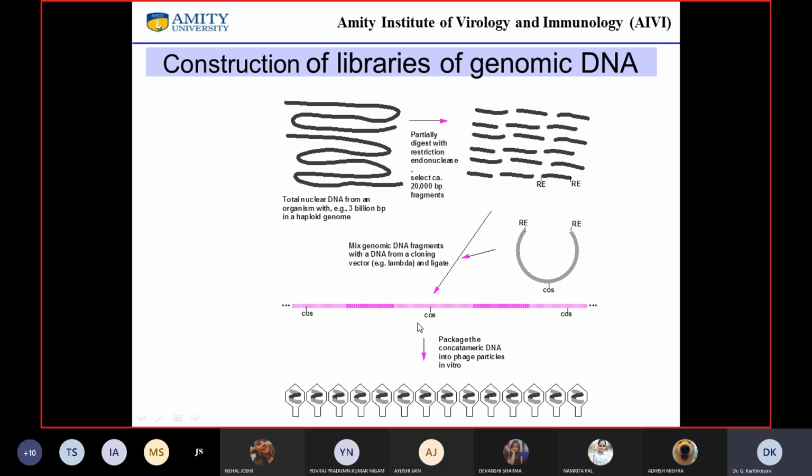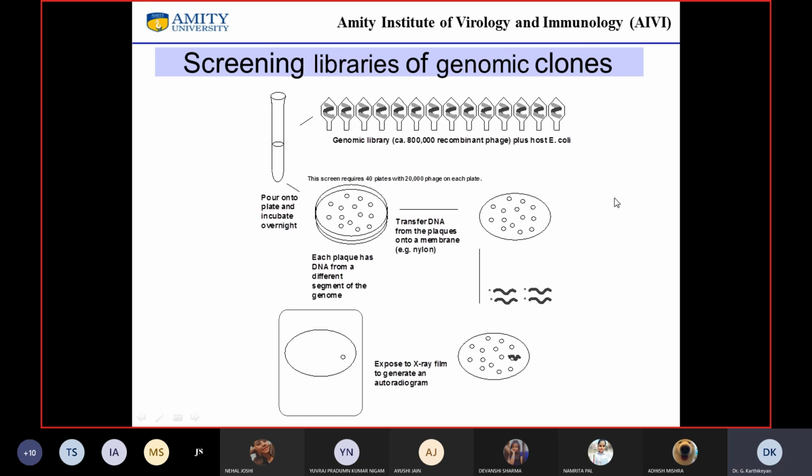You incubate this with lambda phage packaging extract, which has head and tail separately. The head cannot assemble to the tail unless the head is full of DNA. So it basically takes this cohesive end, recognizes the second cohesive end, and the moment it recognizes the second cohesive end, it will cleave it. And so the lambda phage carries different pieces of your genomic DNA. In this case, I'm just showing an example of human genomic DNA, so it carries different parts of your human genomic DNA.